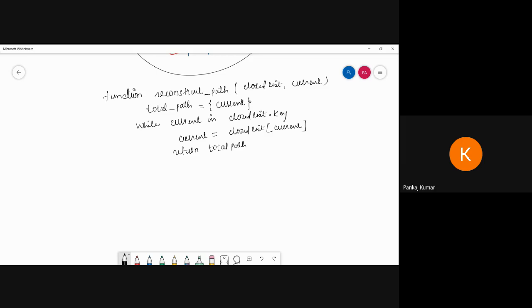Now see, what is the meaning of this line? This one is a 1 and this one is a 1. Now see, after exploring this one, we have to put it in the closed list. This one is put inside the closed list. And after this, we have to reach there, and put this one as the current path.